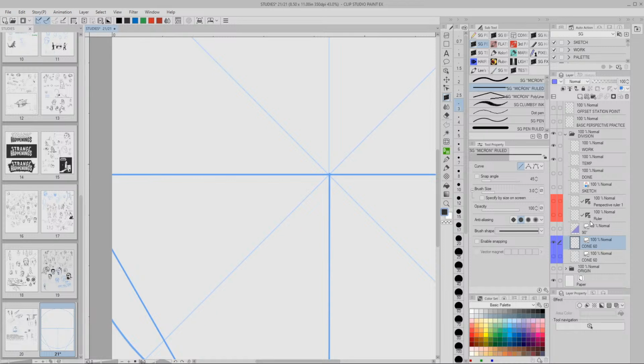Oh, I didn't rasterize that. There, now it's rasterized. Oh, I didn't want to rasterize it. Right. I don't want to rasterize it. I need to draw in the work area. So I got my micron ruled pen and I'm going to draw a box along the